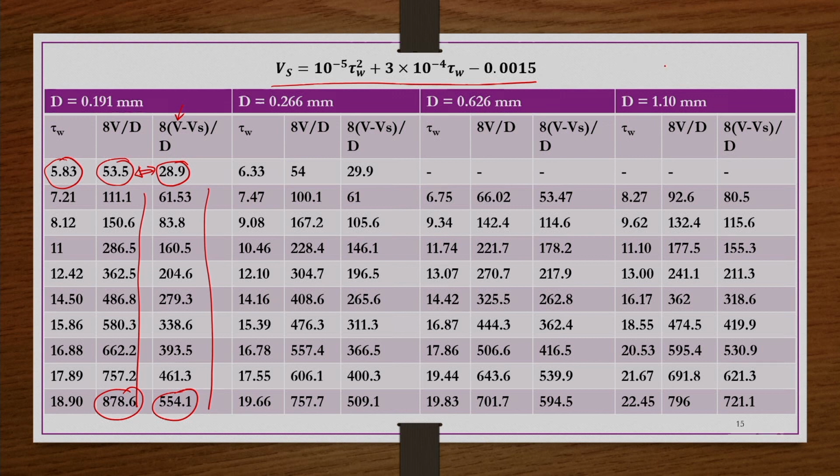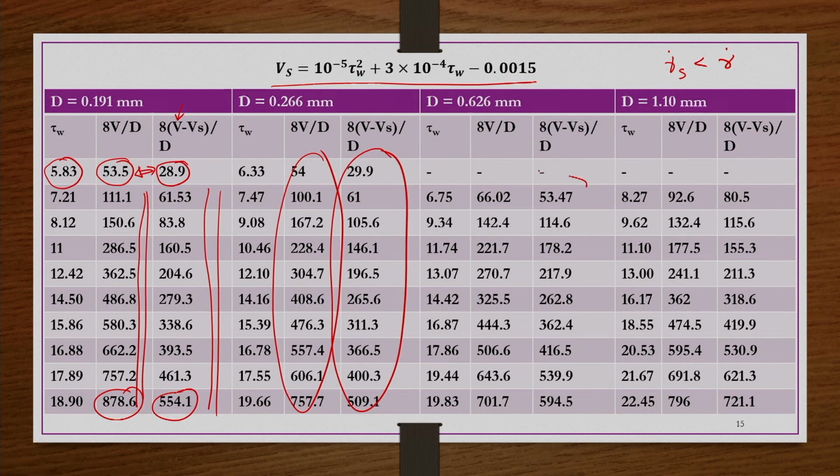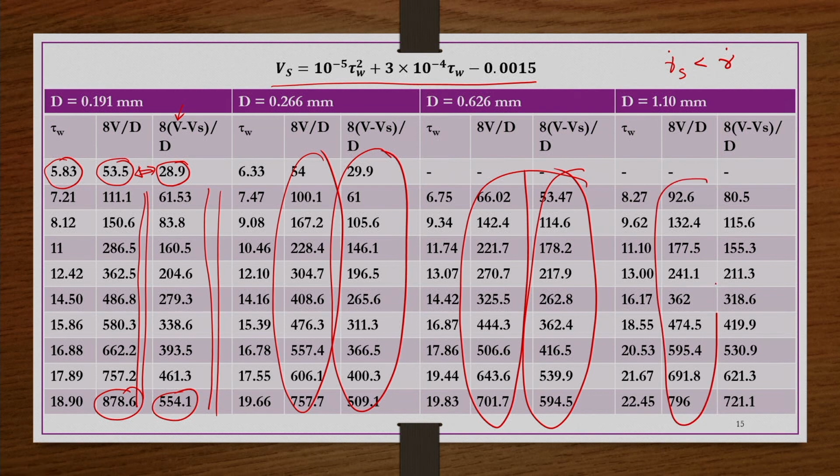That is what in theory also we discussed, gamma dot S is less than gamma dot, right. And how much less cannot be neglected; you can see it is very large for each case here, second case, third case, fourth case. In some cases the difference may be less. As we discussed, this wall slip is more important in narrow passages. That means if you are increasing the diameter of the capillary, then the wall slip effect may be decreasing.